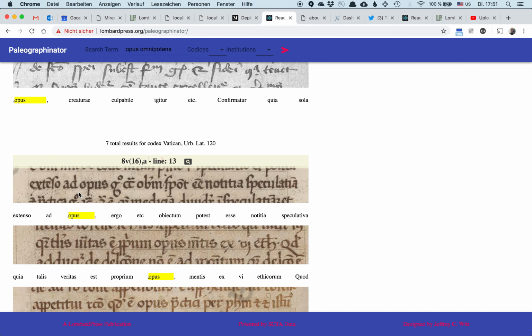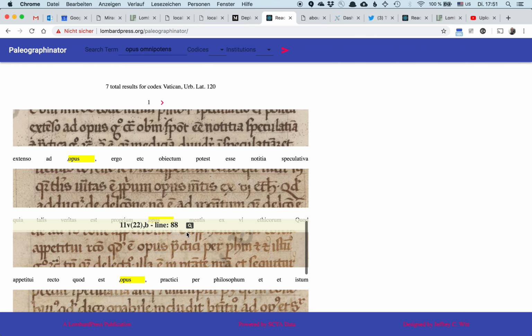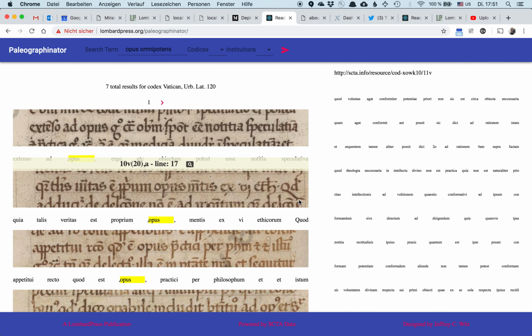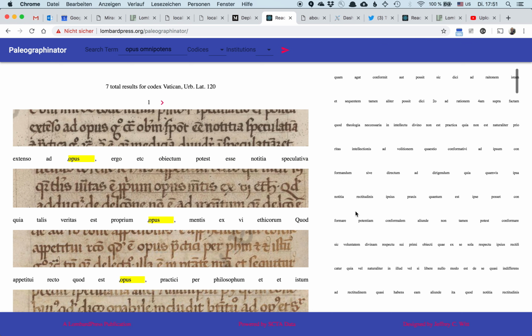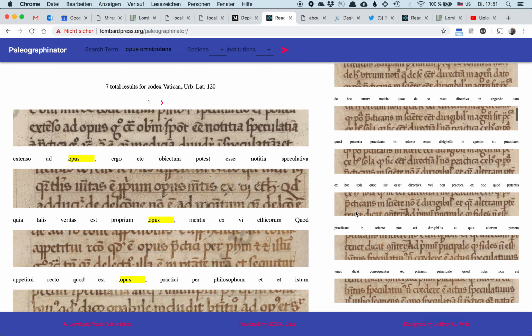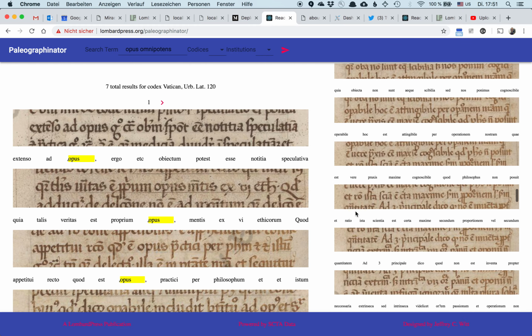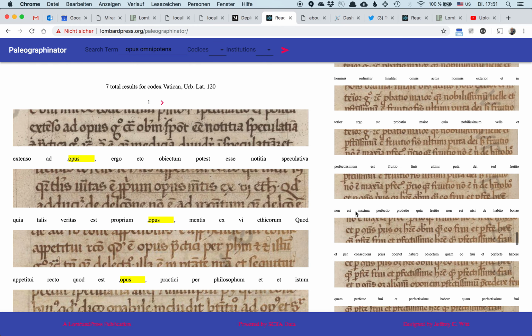here. So extenso ad opus, right? Opus, you can see instances. And if I'm interested in a particular text, I can filter over and see those lines in context. Here, grabbing images directly from the Vatican image server. Compare the context line here. Should be in blue. Comes. It's a long line